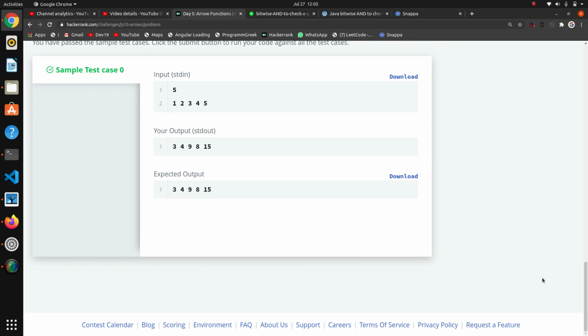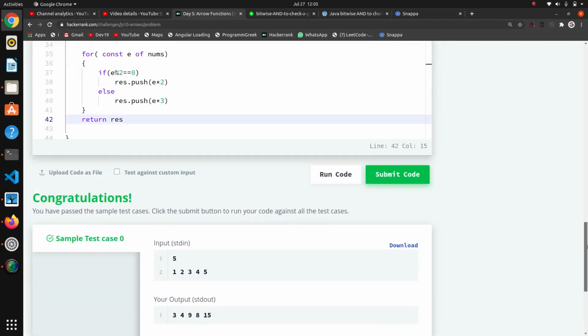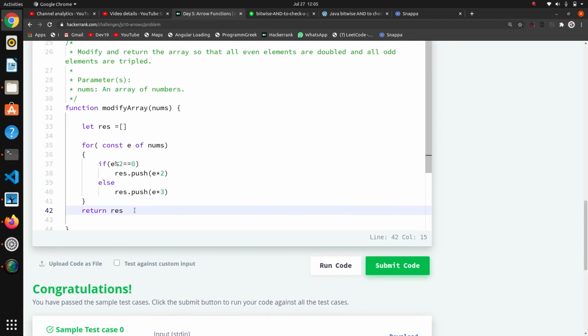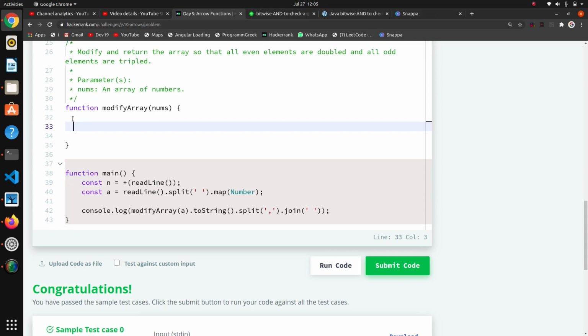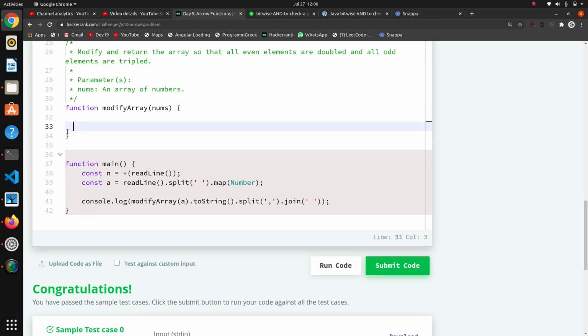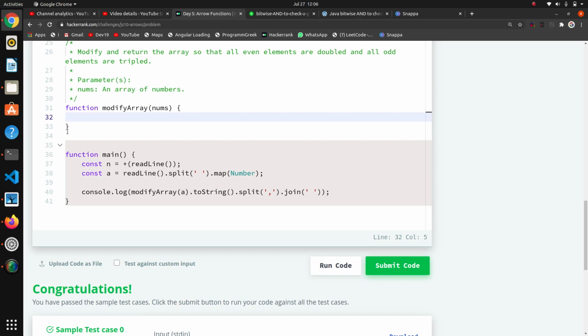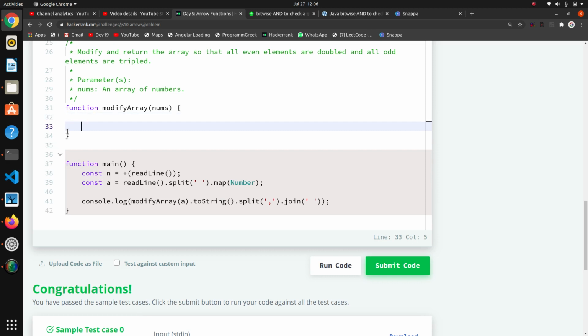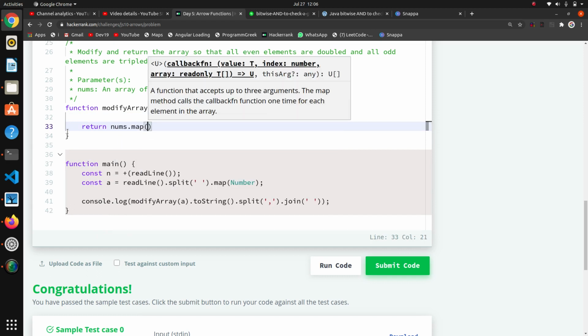So we will run this code and definitely it will run. Then we will go to the map function. ये सब कोड अपन एक ही लाइन में कर सकते हैं using the map function. So we will see that. Now I want to change the nums array. अभी हमें nums का array change करना है, modify करना है. So what I will do, return nums.map. nums के ऊपर हमें एक फंक्शन अप्लाई करना है जिसमें पहले चेक करना है.